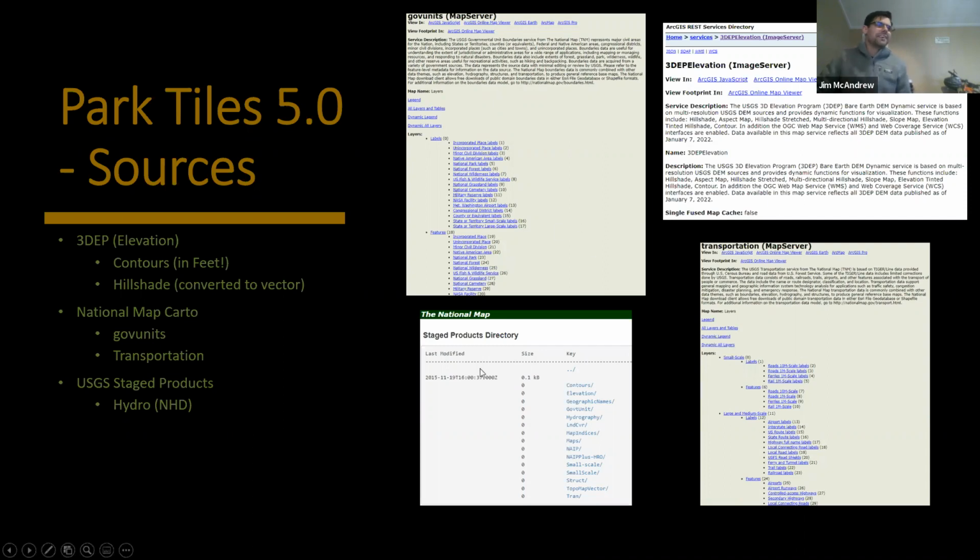USGS, right? The National Map data sources. This is where I spend a lot of time pulling data out of. These ArcGIS endpoints are really good just for seeing what's out there. The 3DEP one here is where we're pulling our hillshade, and you can pull some contour information out of there just for testing, but a big part of that would be